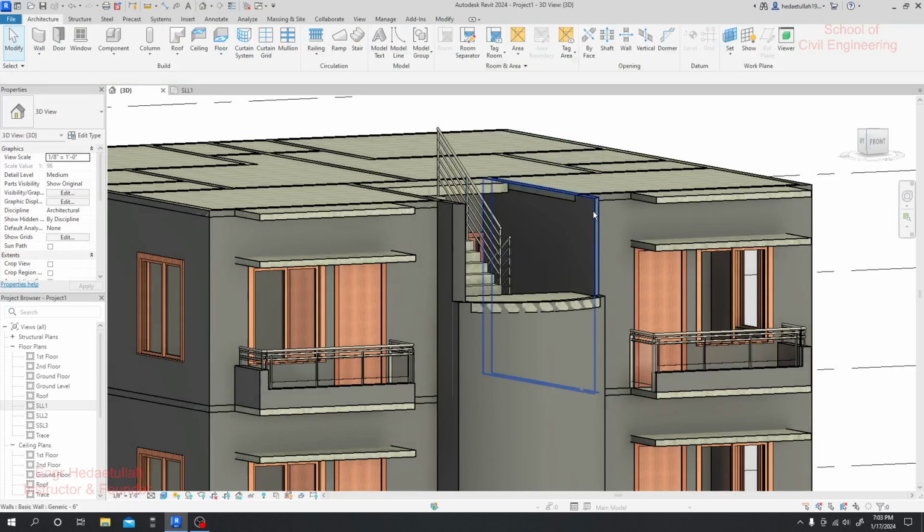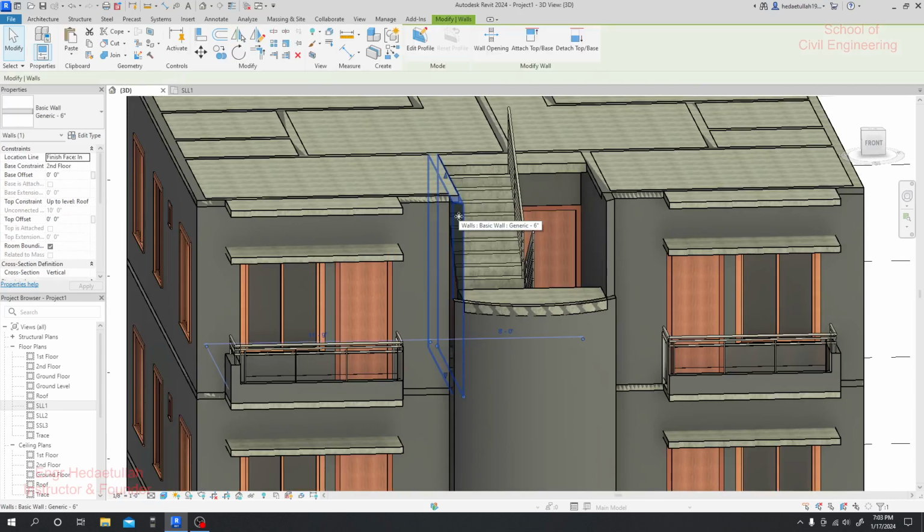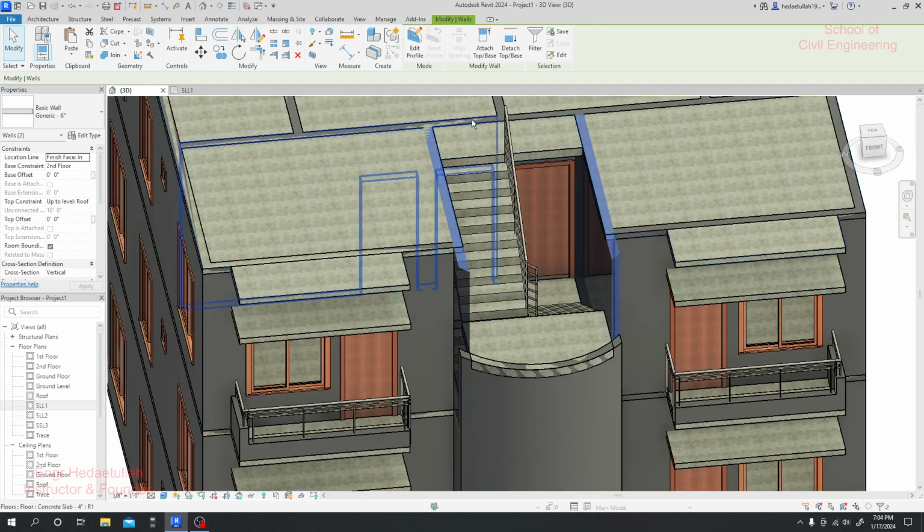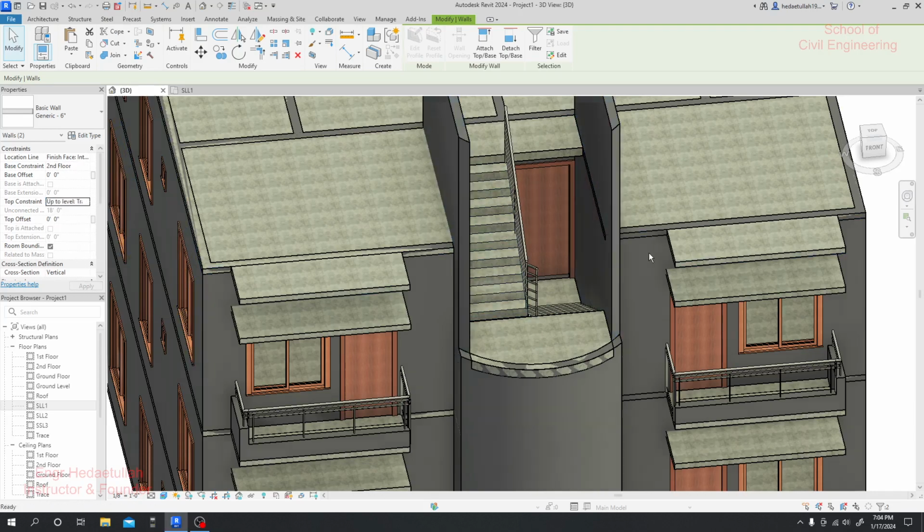I'll delete it. Now we have to create our terrace. So to create our terrace, I'll just simply click here on that wall by pressing Ctrl, that wall, and also it's okay. So when it's okay, now what we can do, we can extend that in top till terrace and apply. Just see, it's done,